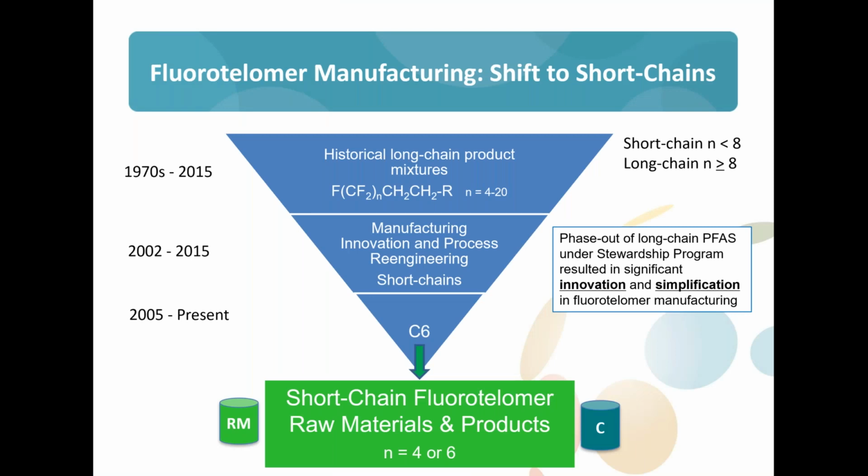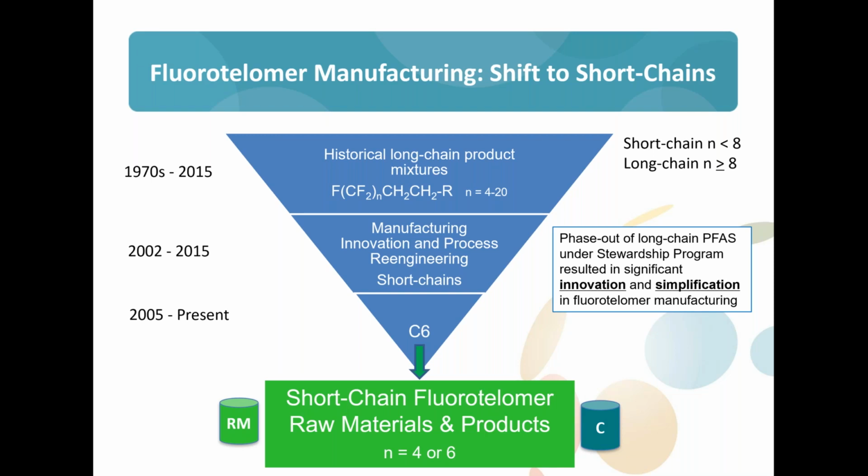Fluorotelomer business has been around since the early 70s. The chemistry itself was invented in the 60s, but it really wasn't commercial until the 70s. And as many of you are well aware, this was a mixture. This was a homolog mixture ranging anywhere from fluorinated carbons up to 20, with a sort of a heart cut at C6 to C12 for either your fluorosurfactants for the shorter chains or your repellents being the longer chains.